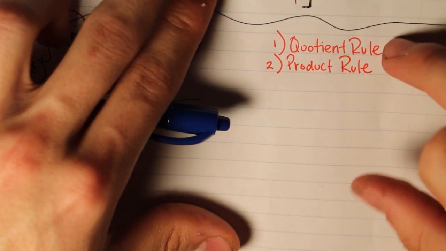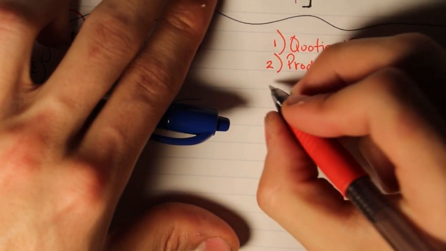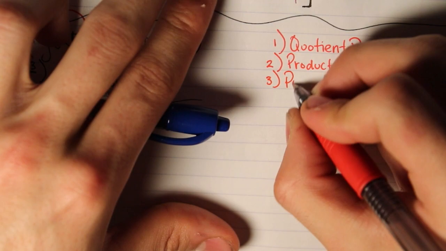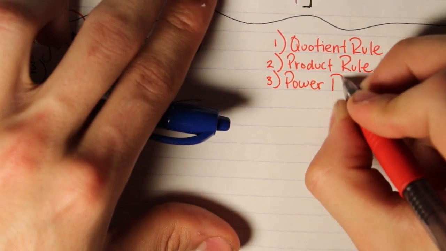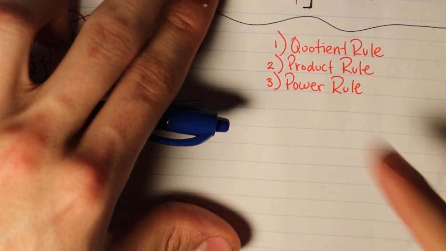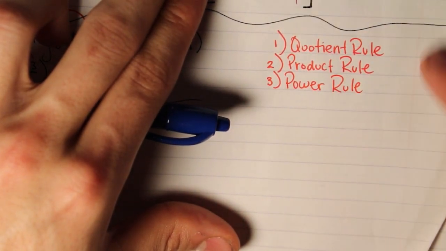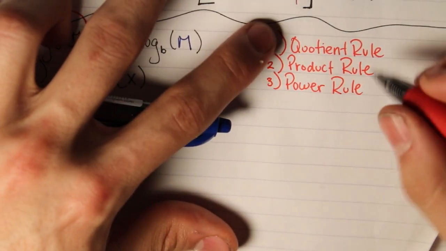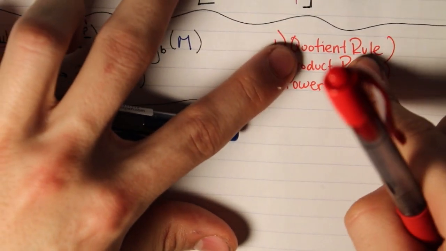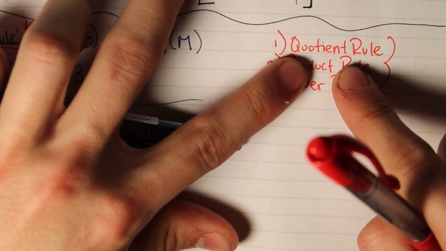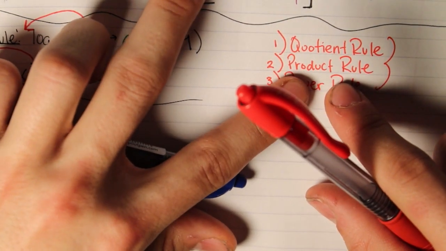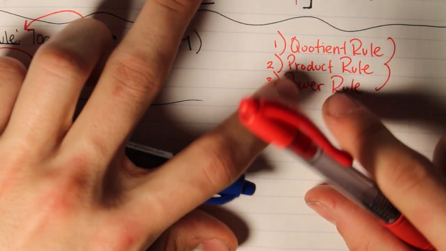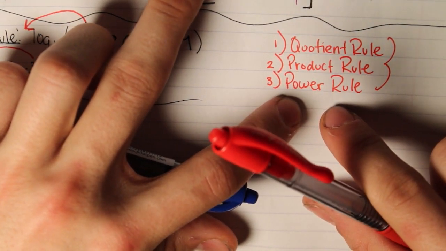If I don't have a quotient rule or a product rule, then I'm looking for the last one, the power rule. This isn't set in stone, but this is what I like to do personally because it helps me first separate the numerator from the denominator, if there is one. Then it helps me separate all of my terms. And then I can worry about my exponents because exponents are